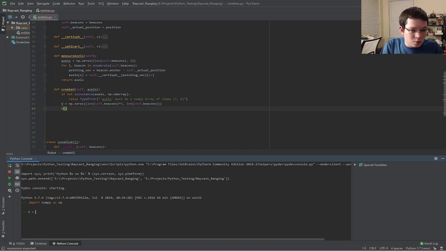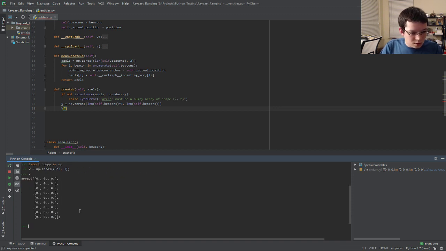So V equals, say we've got 3 sensors. So it's going to be 3 times 3 by 3. That is correct. Okay. And if I do V rows, all of the rows,